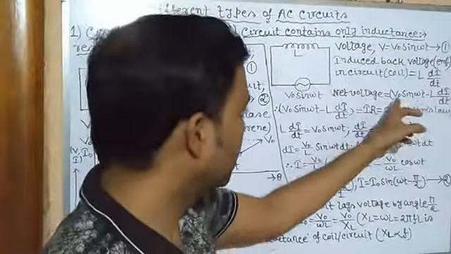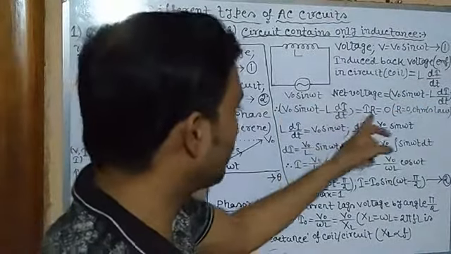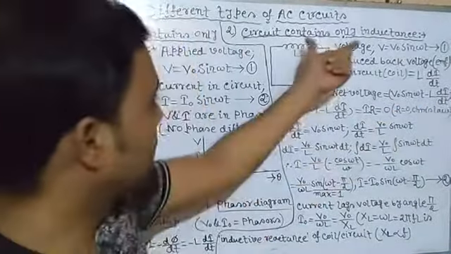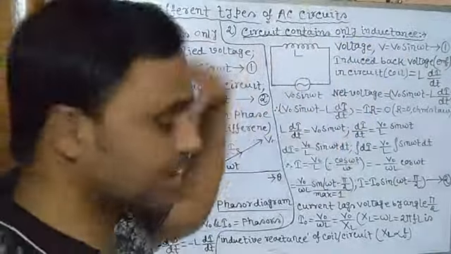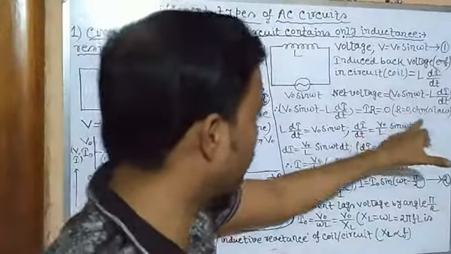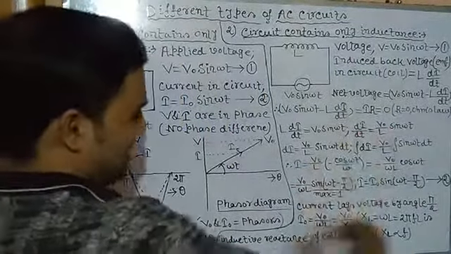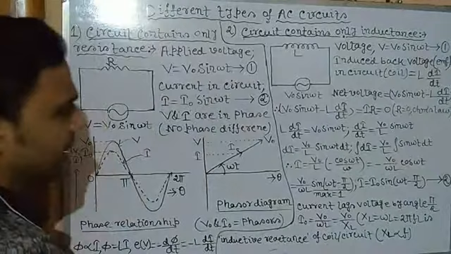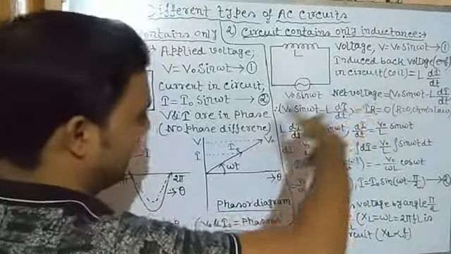So what is V? The net voltage equals IR, and this is 0. Why 0? See, there is only inductance, no resistance here. In a purely inductive circuit, resistance is 0, so from Ohm's law the net voltage is 0. Now we will simplify the expression to make the L di/dt calculation easier.